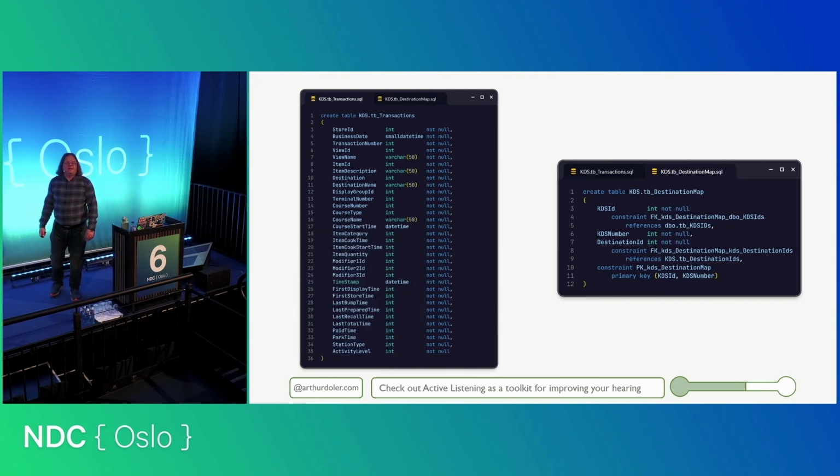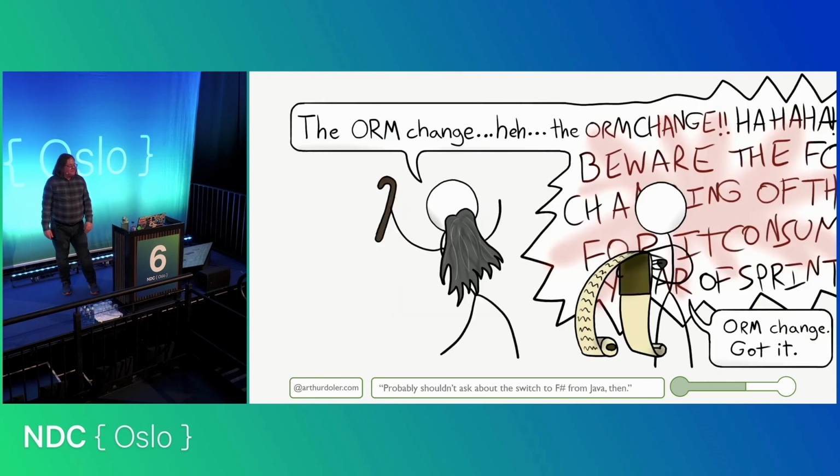I went and asked the tech lead, and the tech lead said, oh yeah, it's this. This is what this is, and he points me to this entirely different table where the IDs actually mapped from what the customer sees to what we have as internal. And he explains, oh, you want this last bump time, because on the KDS there's a bar you can hit that will move it to the next terminal when you're done making it. That's a bump bar, so that's the last bump time. All of that in his head, nowhere in the tickets. Not his fault, that's just software.